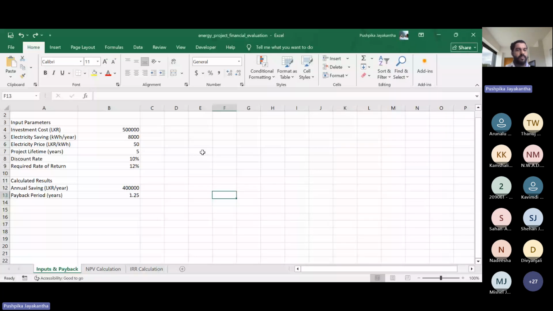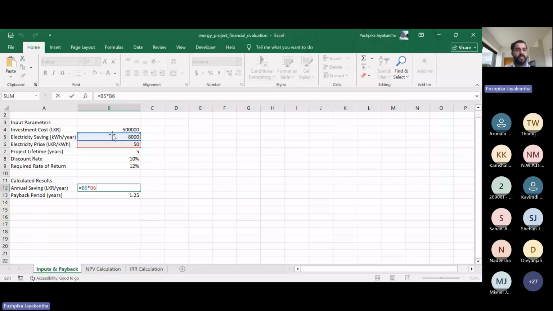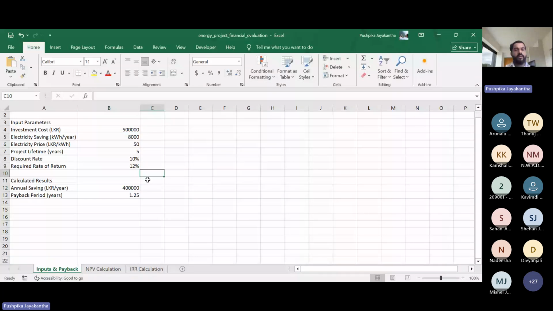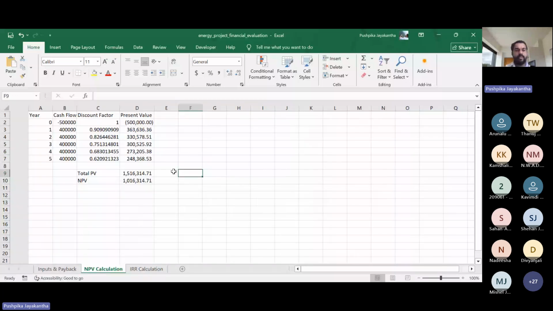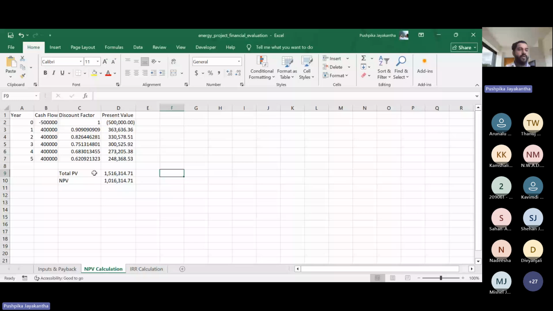So here, initial investment, these are given. So you have to take the annual savings here. You can do this by multiplying the electricity saving by the unit cost, and then you do the payback period using the initial investment divided by the annual savings. Then you will get this 1.25 years. In this net present value, I think I have given this table with the case study, so you can try this one. Initially it's 500,000, and you can take the net present value by multiplying these discount